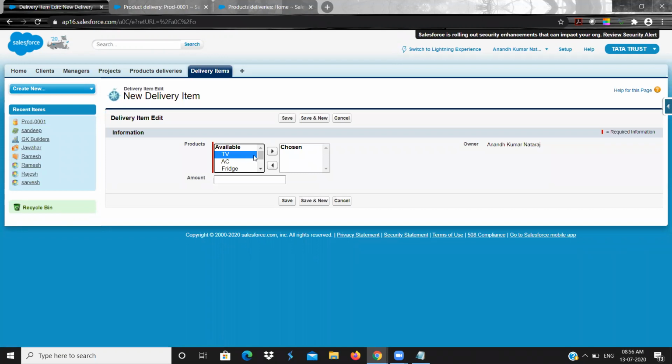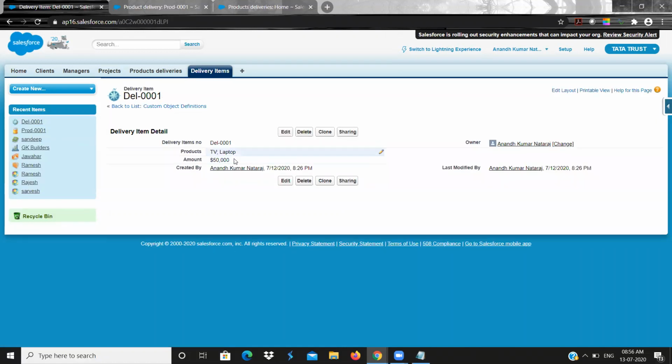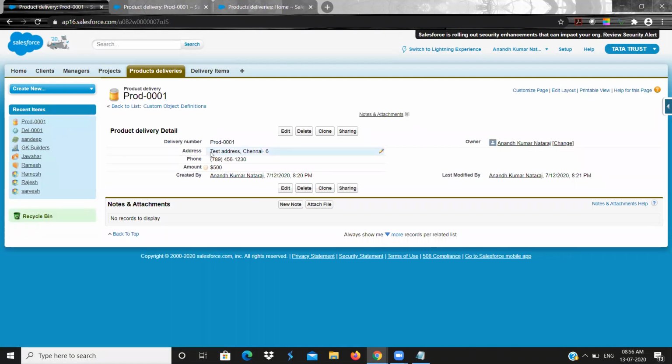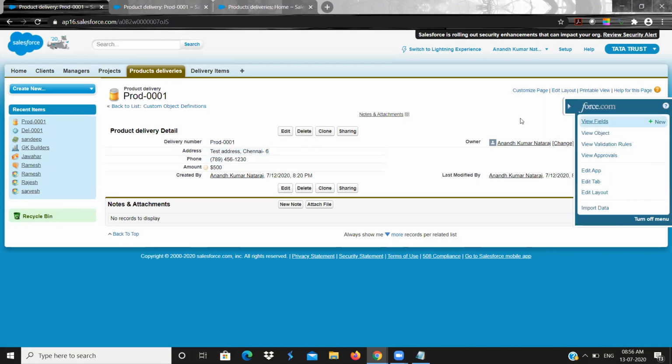It has just what are the products that need to be delivered and what is the total amount. I'm giving it as 50,000. Okay, so if you click on save, the record does not have any particular details. If you go to the product deliveries, in this case, you have address and phone number. If you want, you can add one more field, a name, but we will add some with some other object.